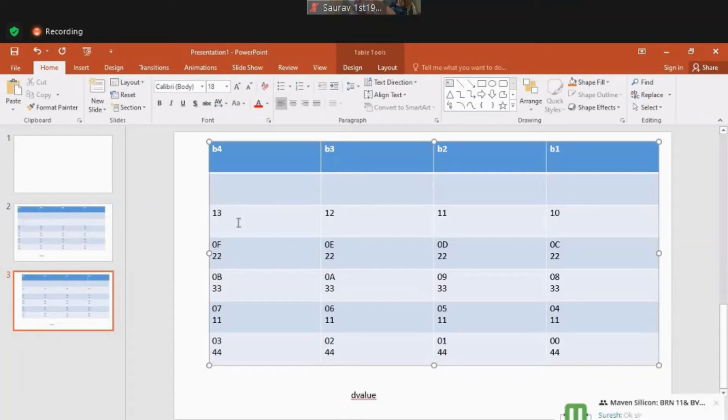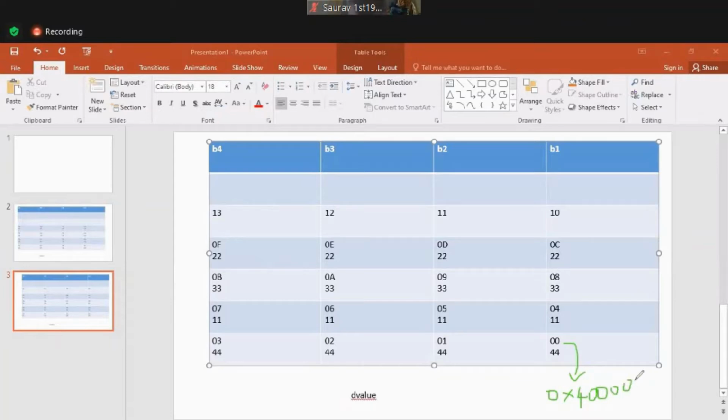Understanding? Here I want to say one thing. The address given by the memory internally is also 32-bit, right? So how will we write 32-bit? We will write it in 8-digit hexadecimal format, with 0x. The address given by the memory internally for D value is actually 0x4 followed by all zeros.